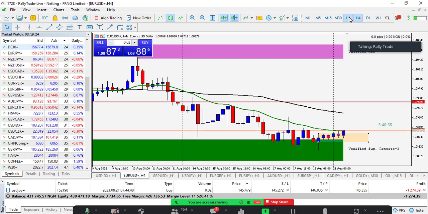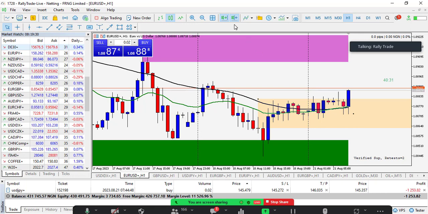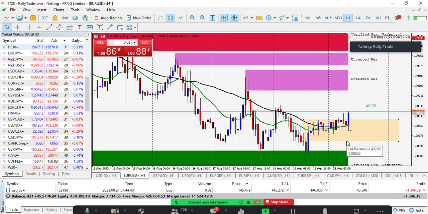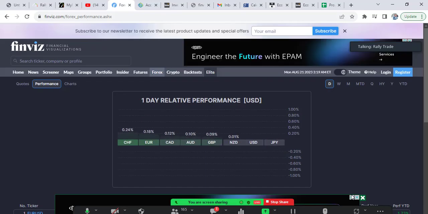But now let's drop to the H1 time frame. On the H4 time frame, we're already seeing that the market is trading towards the upside. But guess what? We saw on that Finviz, let me take it there very fast. We saw on this Finviz some kind of strength in the euro, right? And we also saw kind of weakness in the dollar. Don't forget, kind of strength in the euro. Now, this is for those that are scalping, please, okay? Not for swing traders, for scalpers. And you know, most traders are actually scalpers, especially new traders, okay?